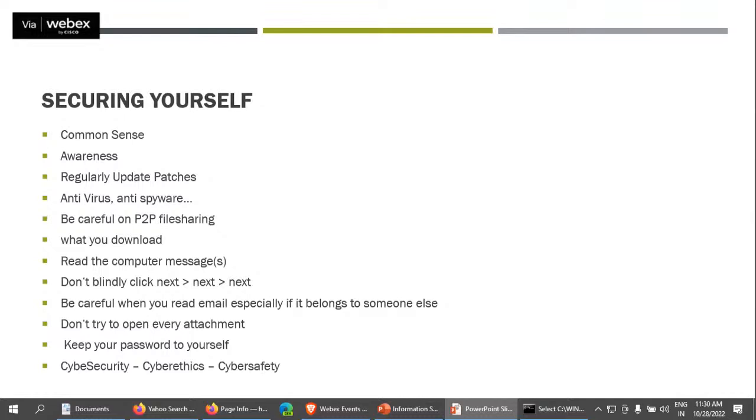There are some tools that capture your data, and you know that they are installing it. For example, the Opera browser is installed along with AVG antivirus. You installed it and never use it, but you don't know that there are also backdoors. Never install third-party tools from third-party websites. Keep your passwords to yourself and never share your passwords with anybody. Don't try to open every attachment.